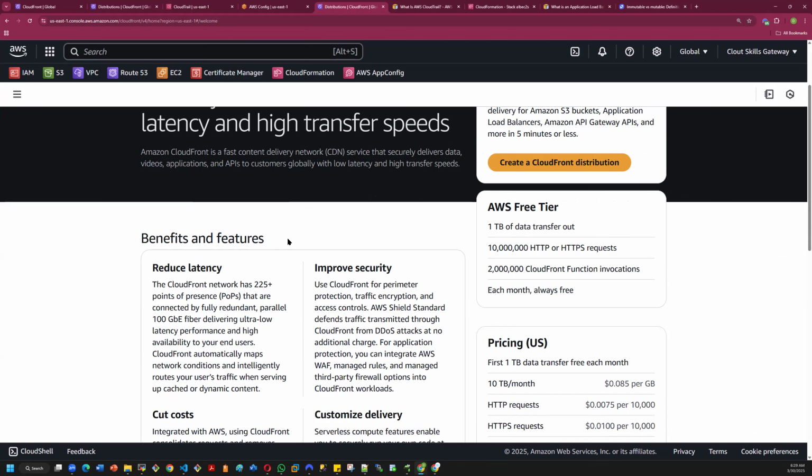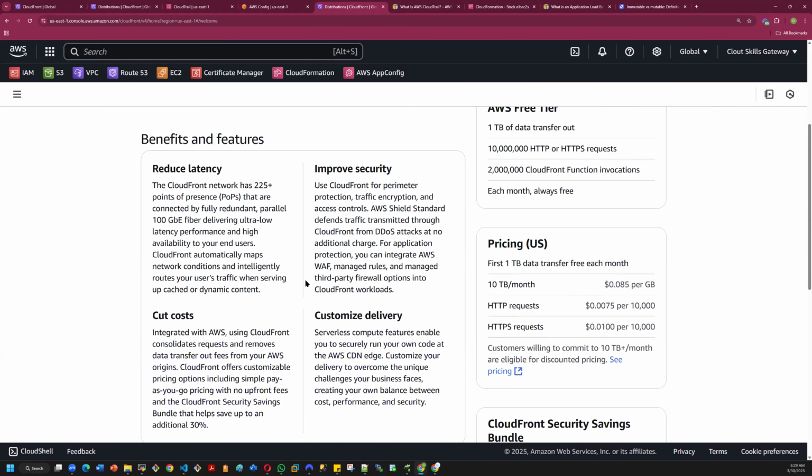So the purpose of CloudFront is really to ensure that your customers are getting the best experience. Again, I've explained this the last time: if you have customers in Nigeria, and the majority of your customers are coming from North Virginia, I want to make sure the application is closer to them so that they are not having latency issues. So I'll put a CloudFront distribution in front of my application. And what the CloudFront distribution does is, whenever a user makes a request,